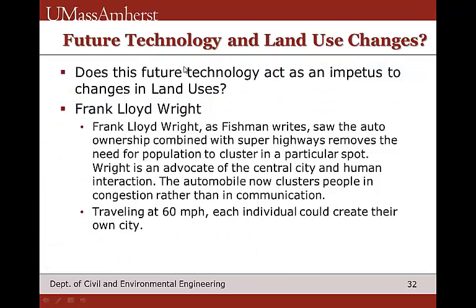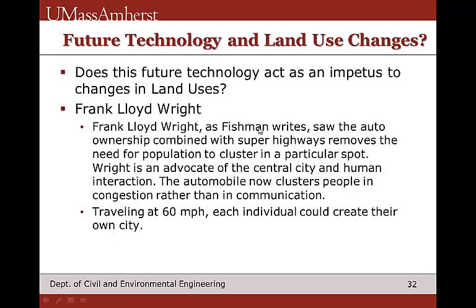Okay, so future technology and land use changes. Does this future technology act as an impetus to changes in land uses? So Mr. Frank Lloyd Wright, who is a graduate of the University of Wisconsin-Madison, was an American architect, interior designer, writer, and educator. And in one of the readings that I included in this slide presentation, Frank Lloyd Wright, as Mr. Fishman writes, he's the editor of the article that I read,